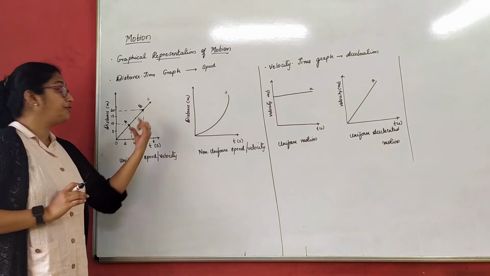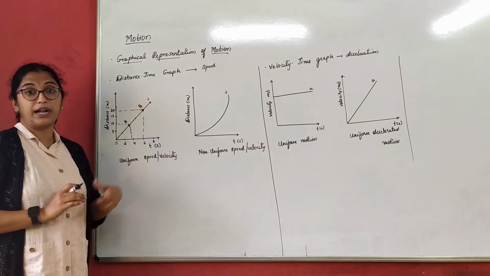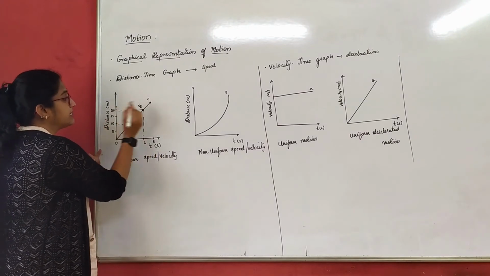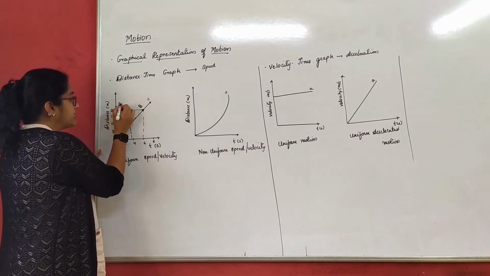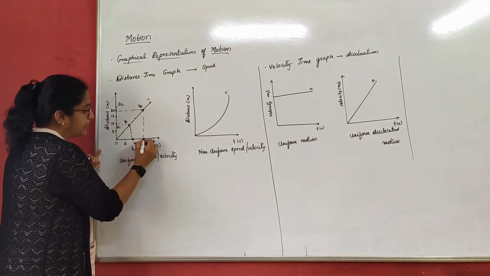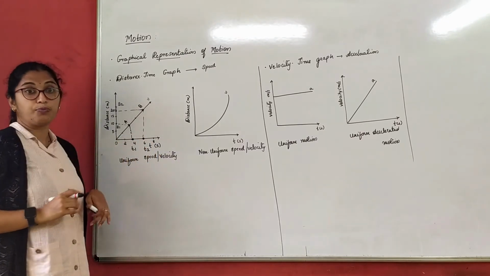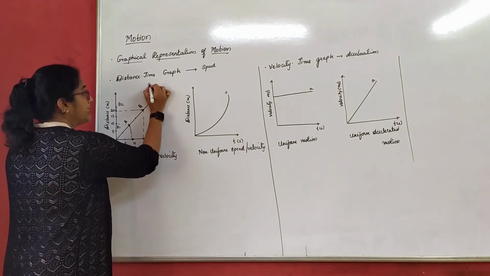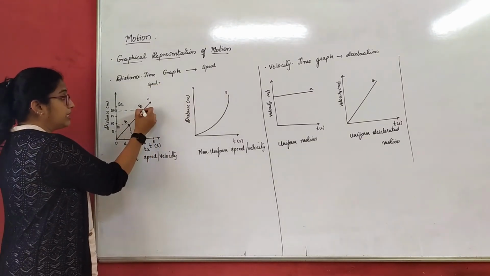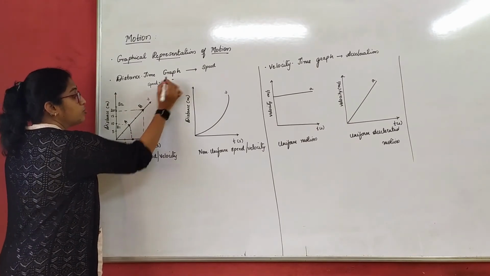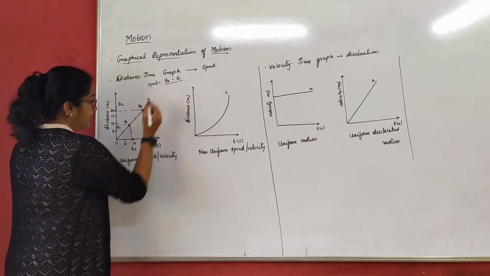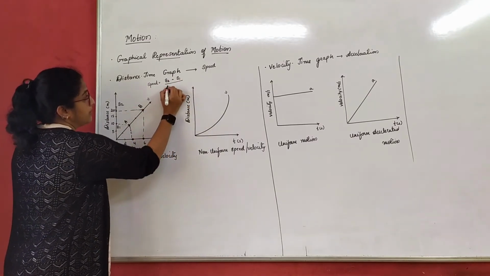So here we want to find how much has been traveled, this much part. Since it is time and distance, we will consider this point as S2 and this point as S1, this point as T1 and this point as T2. So what will be the formula here? Speed, or velocity if I have to calculate, is equal to distance S2 minus S1 divided by, with respect to S2, the time here.